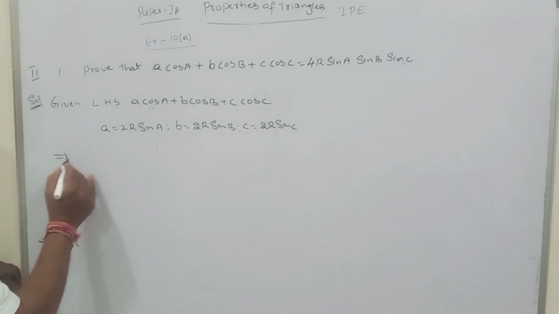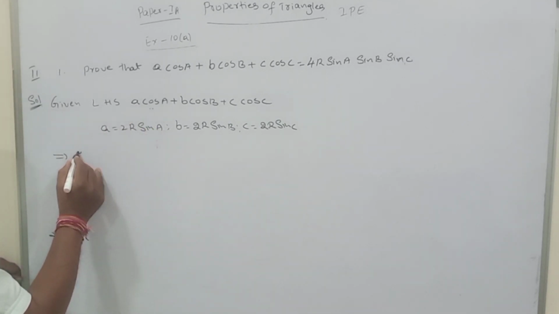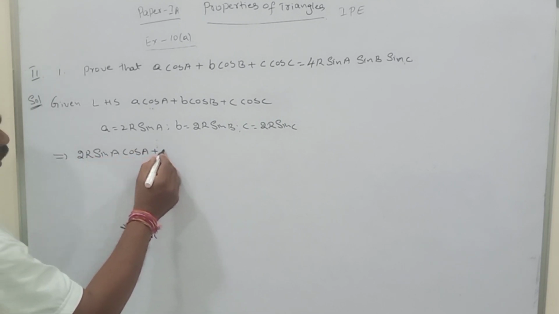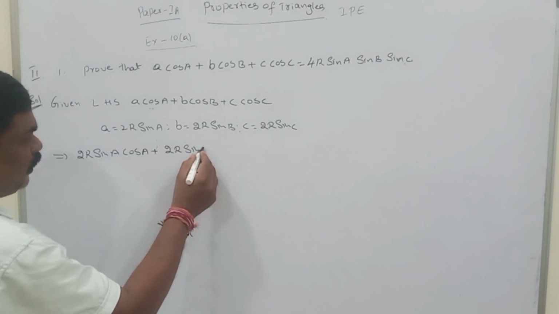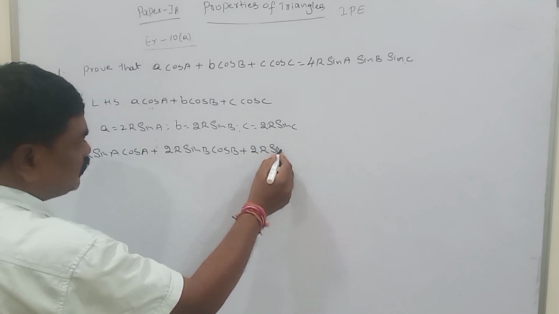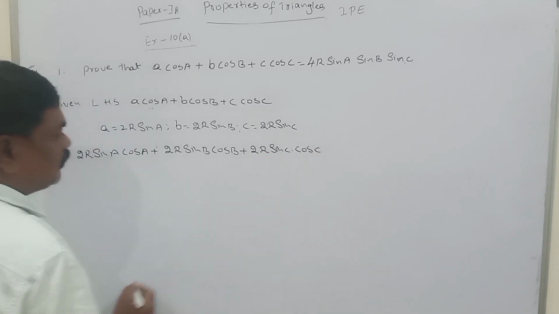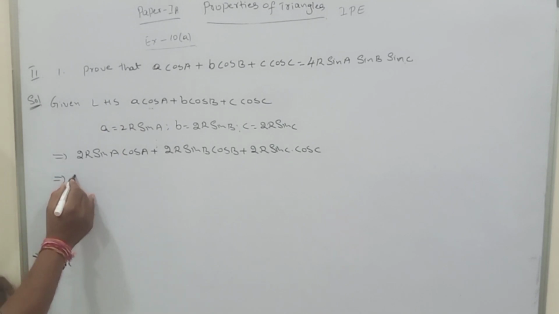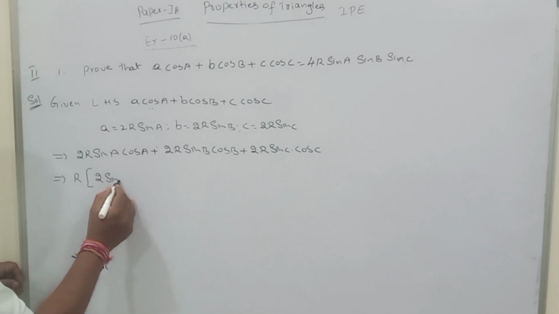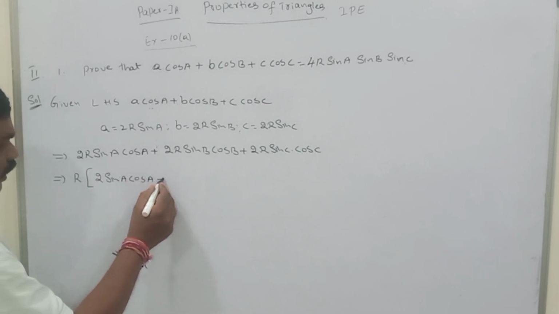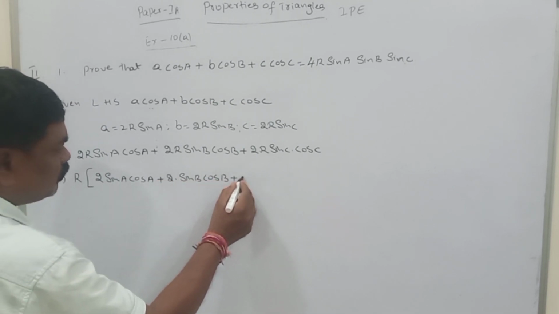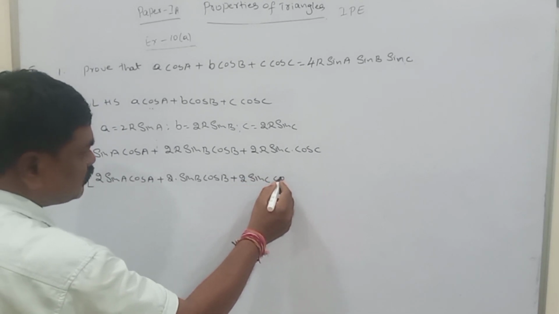So we have to substitute in this. 2R sin A into cos A plus 2R sin B into cos B plus 2R sin C into cos C. Here you take R common. What is the remaining? 2 sin A cos A plus 2 sin B cos B plus 2 sin C cos C